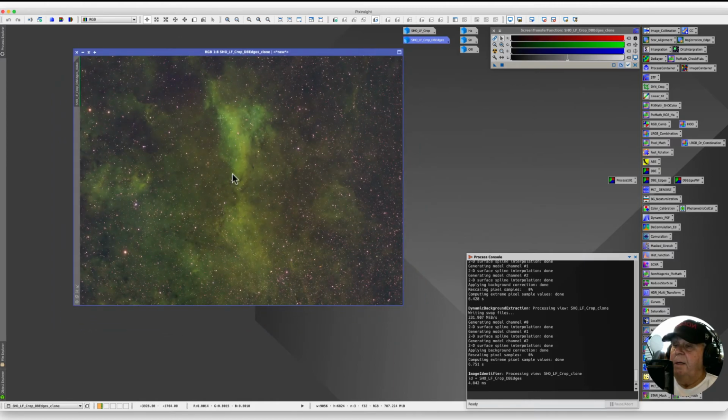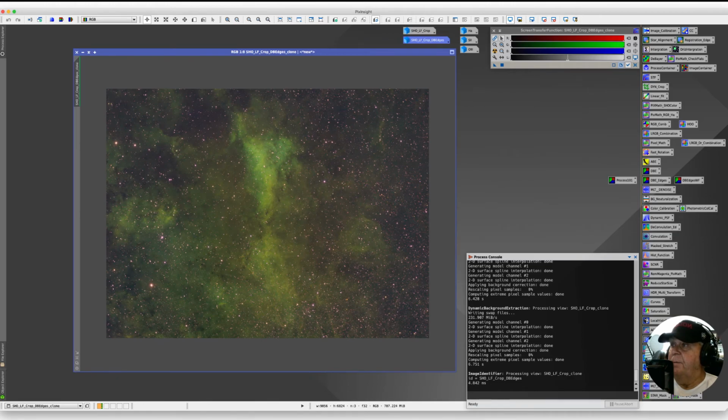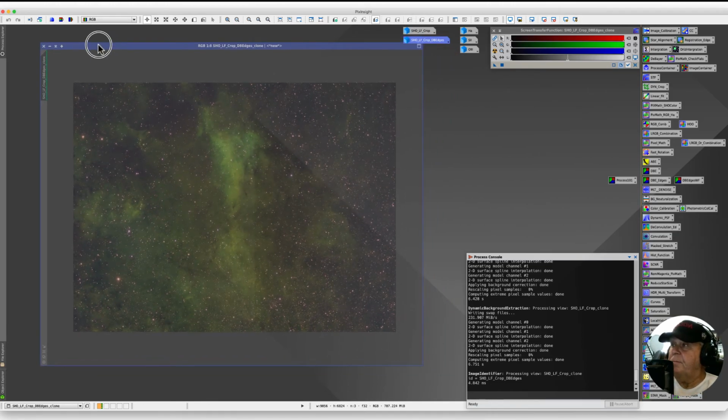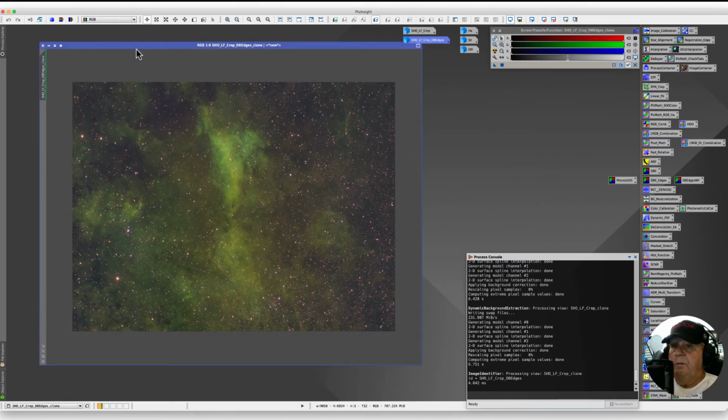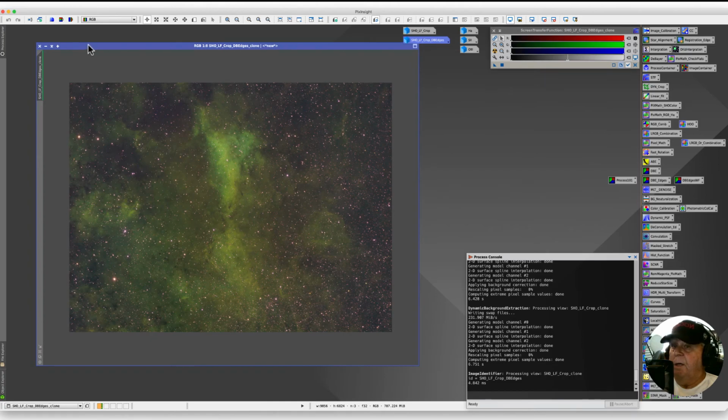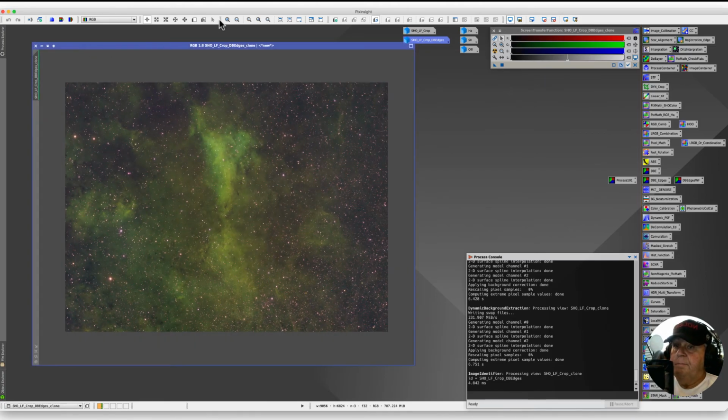So part 8 of our series of workflow is going to be color calibration, and it'll be a little longer video. So we're going to look at 3 ways to do color calibration,